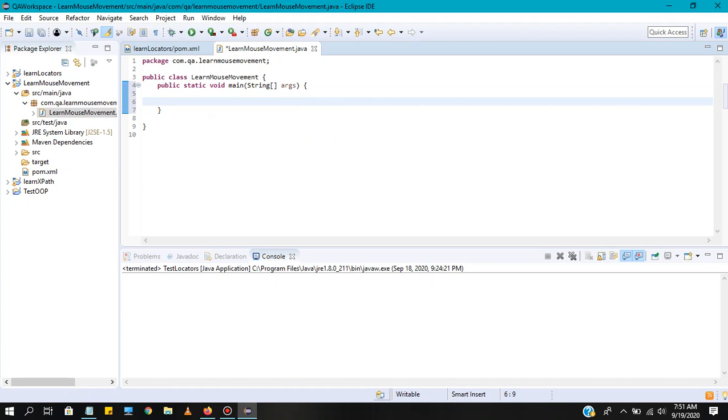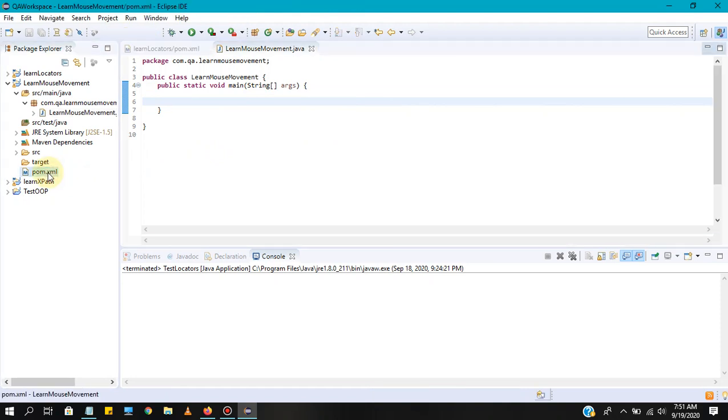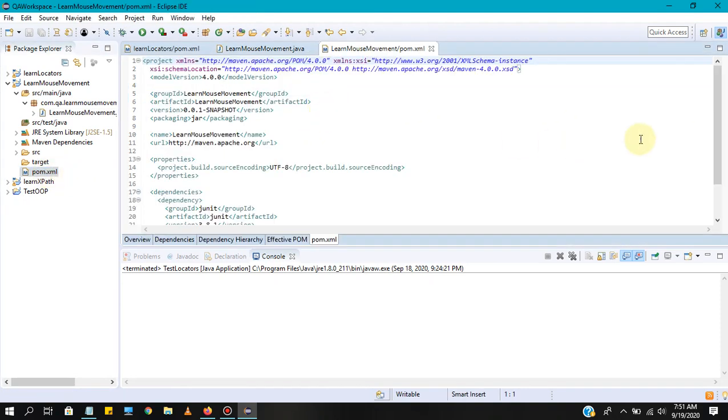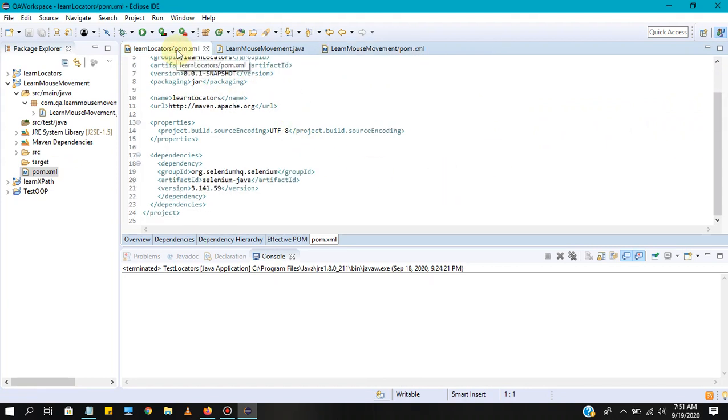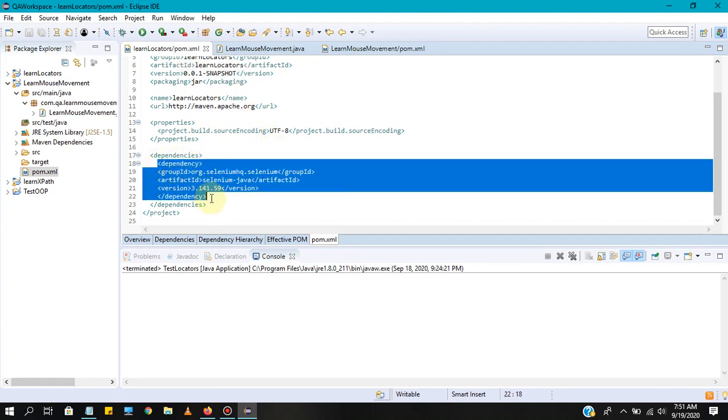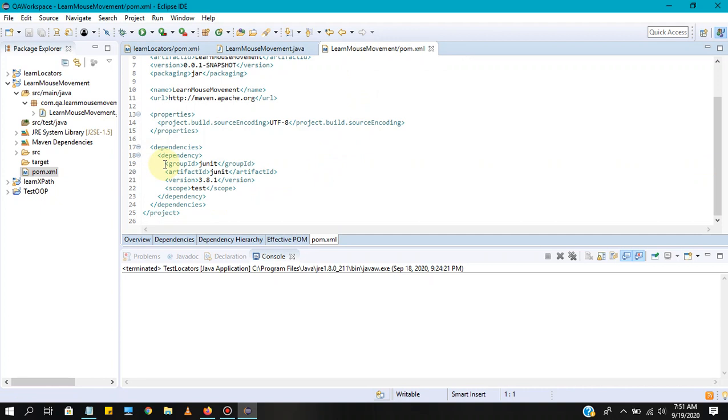So before starting coding, you need to install Selenium, right? So for that, open this pom.xml, right? You need to download Selenium dependencies, right? Let me copy that. Just copy this, right, and paste it here, right?